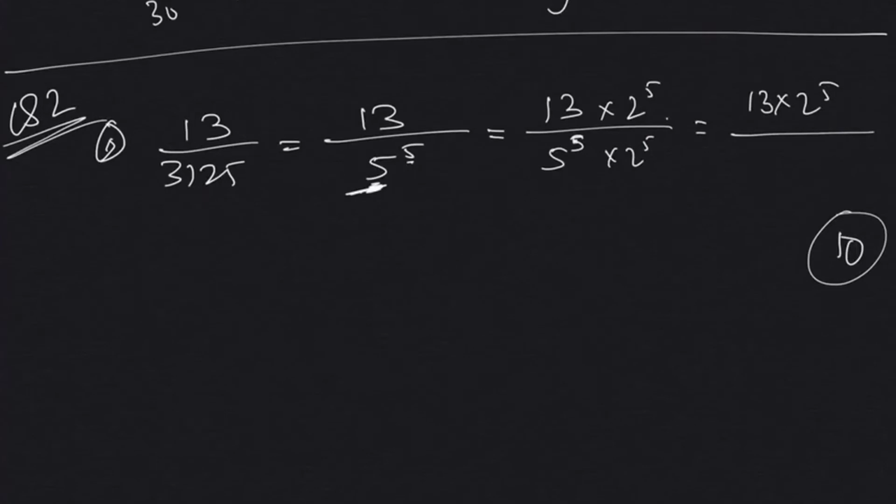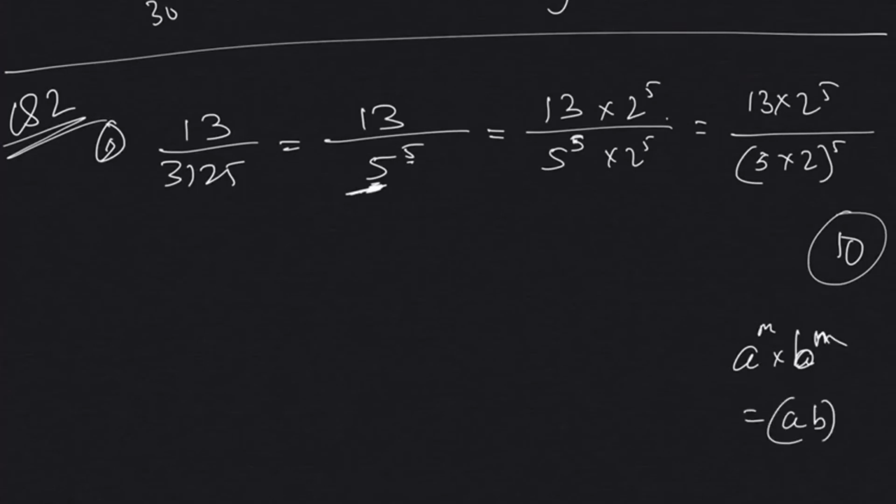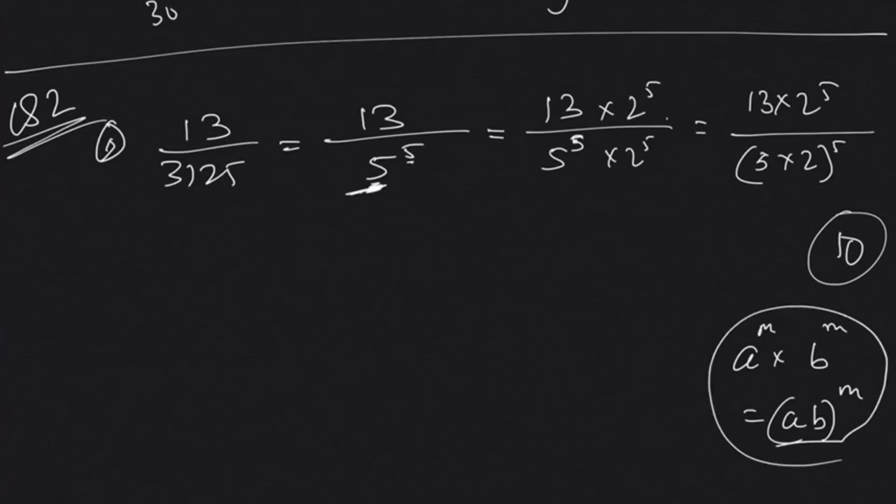Now 5 power 5 into 2 power 5 we can write as 5 into 2 whole power 5, because we have one more theorem known, that is a power m into b power m can also be written as a into b whole power m. The powers are the same, so under one roof we can write it. So in that case this one can be written as,